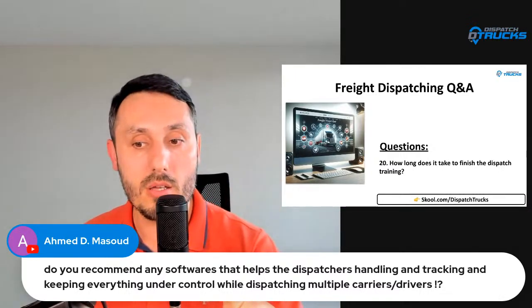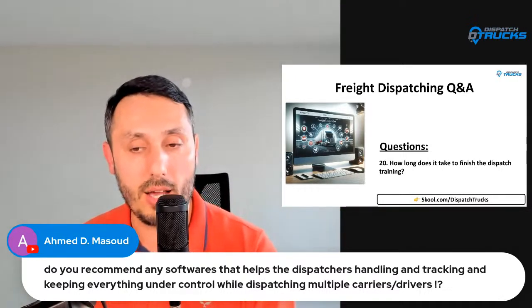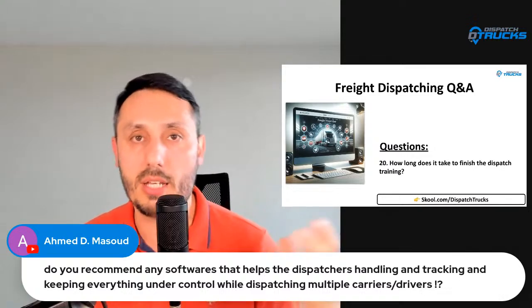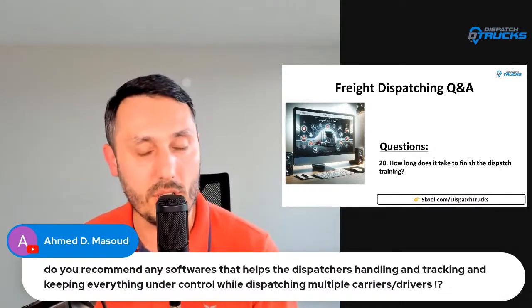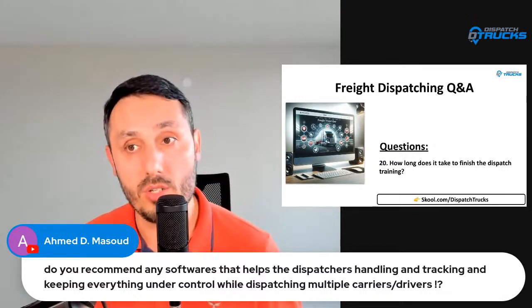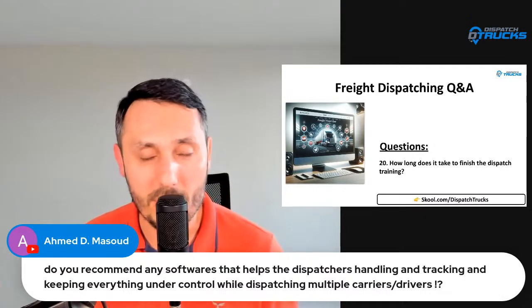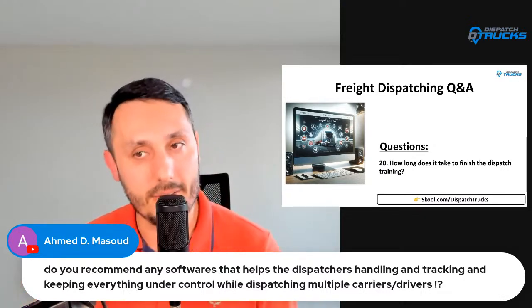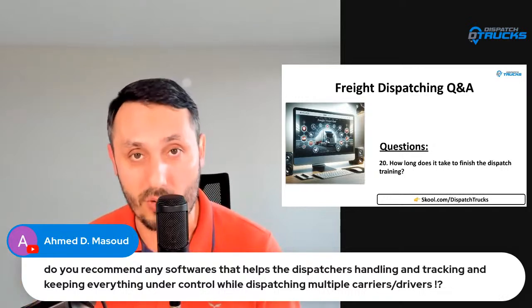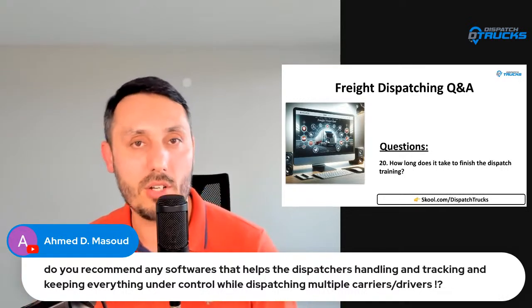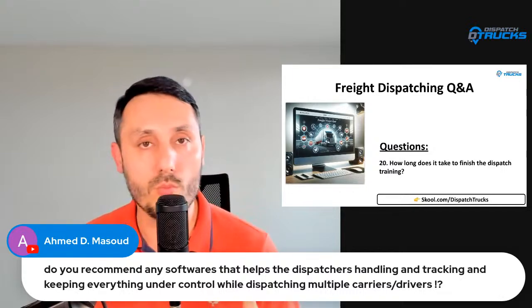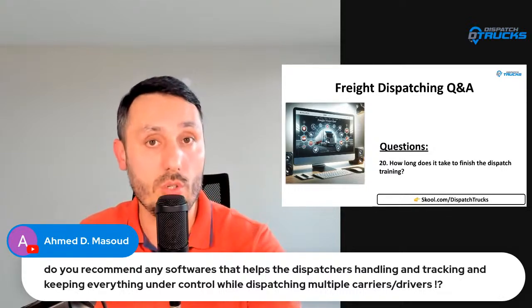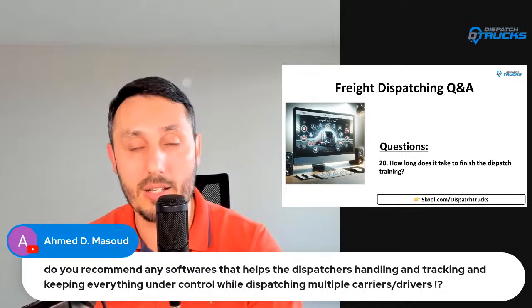But the awesome tool that I know and used when I was a carrier and a dispatcher is ITS Dispatch by Truckstop. And again, Truckstop is not dispatcher friendly. They're carrier and broker friendly. So you must have a carrier in order to use that tool. It's an awesome tool. You can use multiple, and whatever you want to do, they have that.